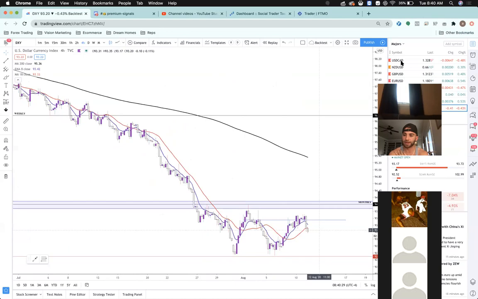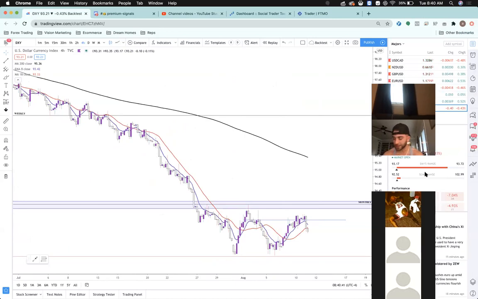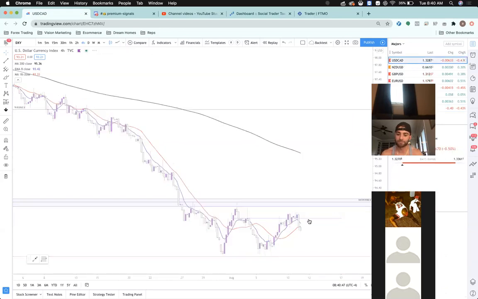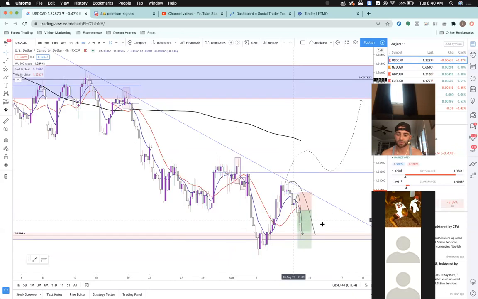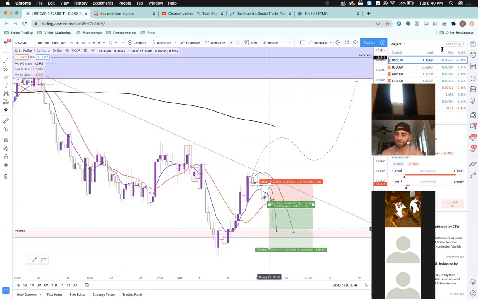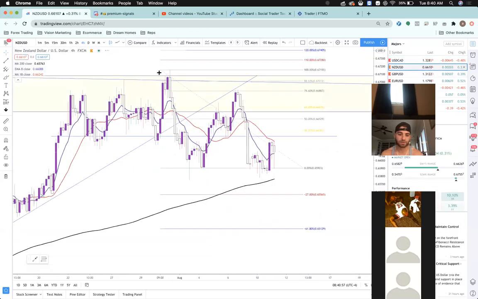On these other pairs like UCAD, I was shorting that because this was rejecting right here. If you guys don't look at DXY, you should start, because Nick actually put me onto it. I never really looked at it, and now I do, and it correlates really well with a lot of these pairs. Like as we look at UCAD, as that was rejecting, this thing was pretty well. So that's what I'm looking at.